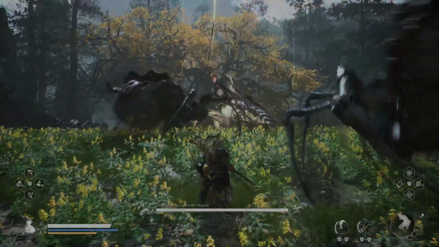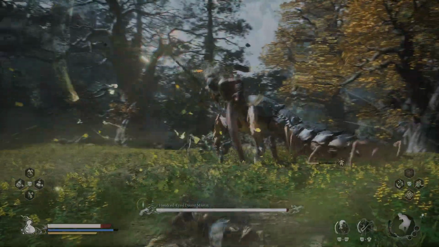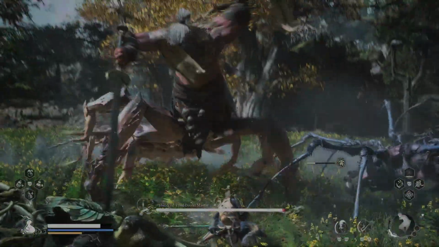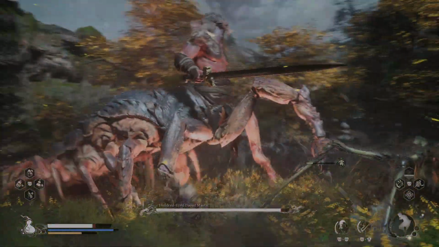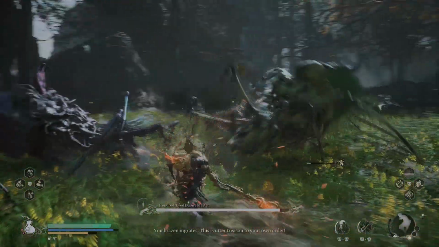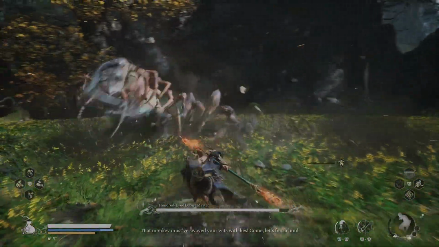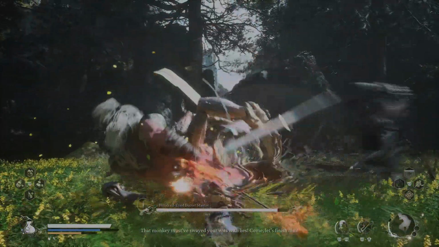So when you first arrive, some of these spiders are still around. I'm going to go with Cloud's Teeth, deal some damage if I can. Try to build some focus points. That was a terrible time to use